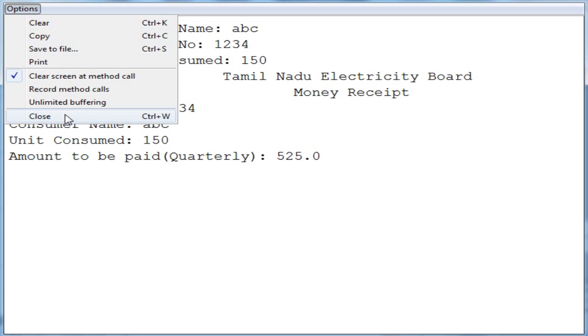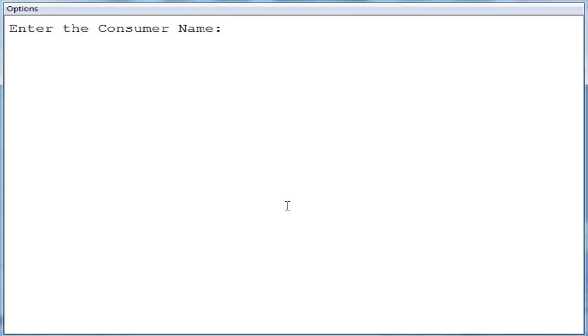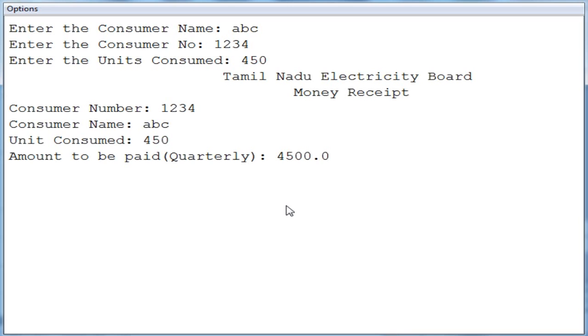It is quarterly. And the next criteria: consumer name is ABC, consumer number is 1, 2, 3, 4, and the units consumed, I am giving 450. It should be between 200 and 500. So this is the amount: 4,500 has to be paid.